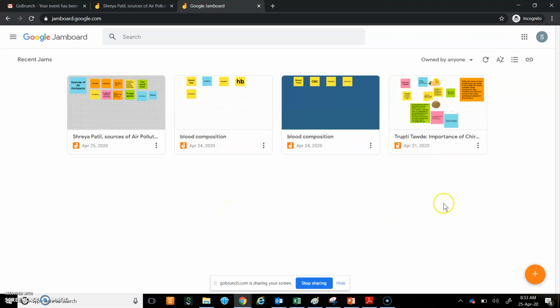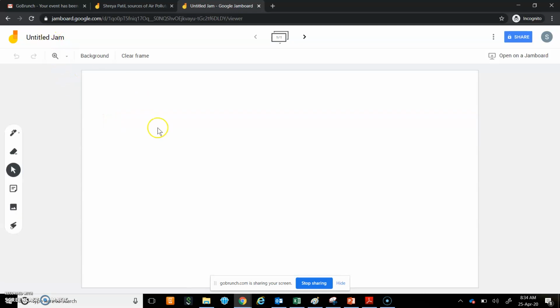So these are the few Jamboards that some are made by me and some are shared with me from my colleagues. So if you see the plus sign which is present at the bottom of right hand side corner, I will click on this and it will take me to a new Jamboard. So this is Untitled Jamboard. I can rename it as per my topic. So there is an option for rename,